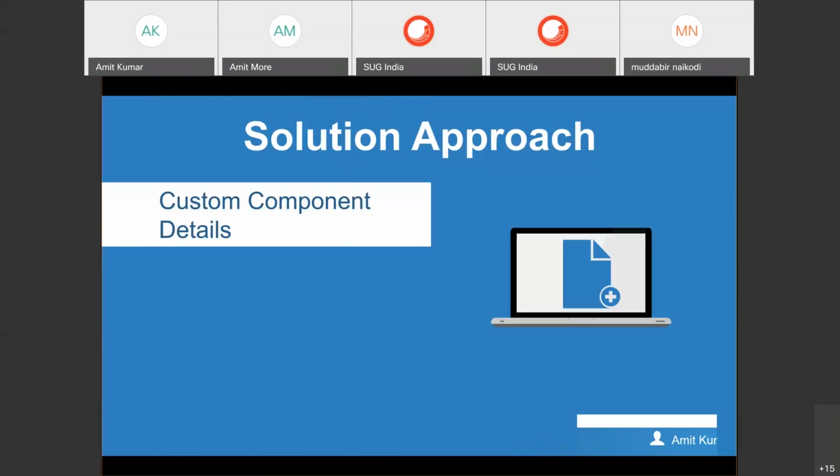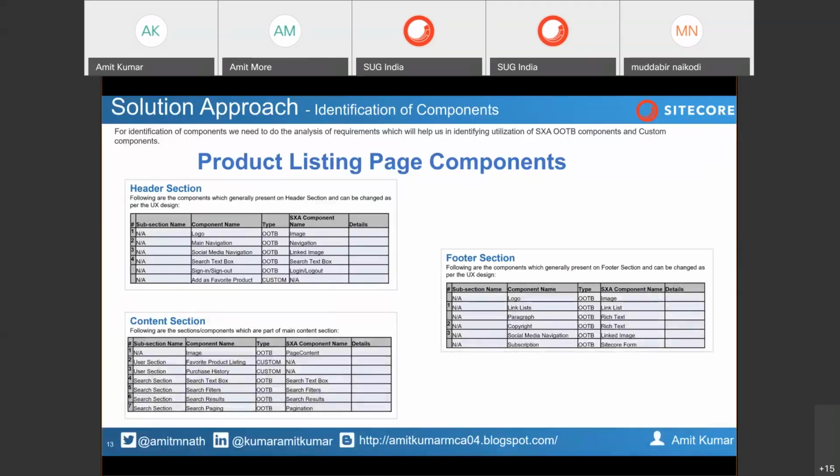Also, even if you think it is an XXA out-of-the-box component, you need to add some effort, half a day or as per your team's efficiency, to map the UI as well as to create any data item in the content. It's not like that if you are using XXA and need to utilize a navigation component, you will not add any effort to use it. Don't make it zero, because even if you are using XXA, you need to create an item and match a UI. Those efforts need to be taken care of.